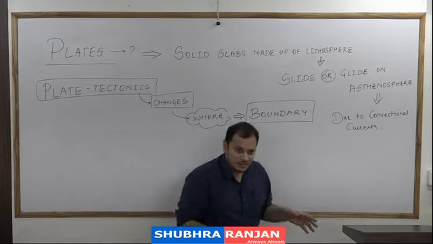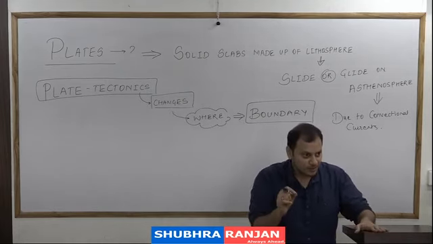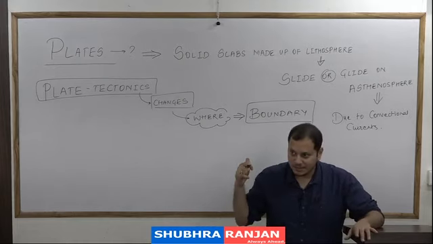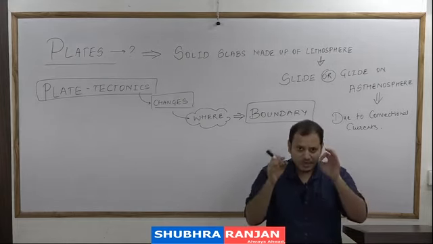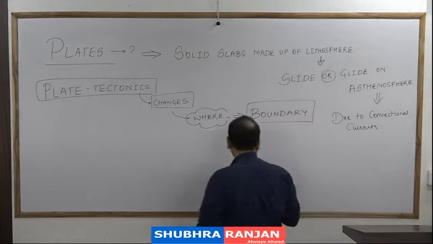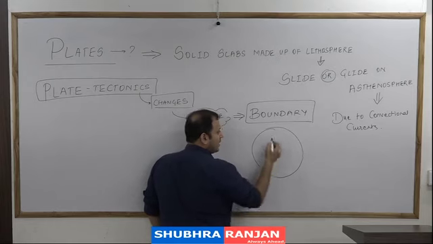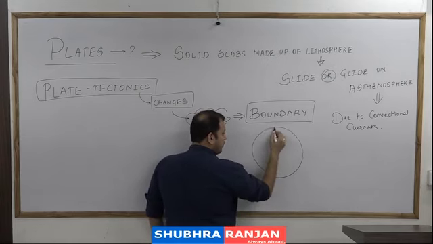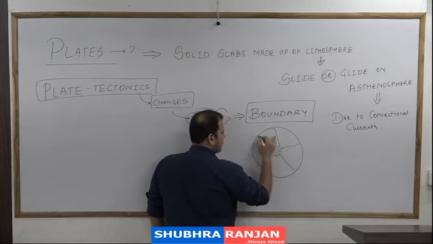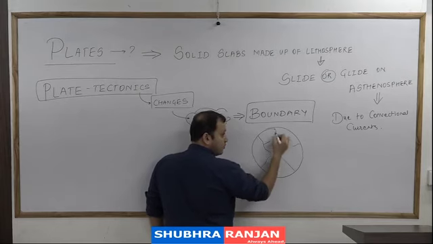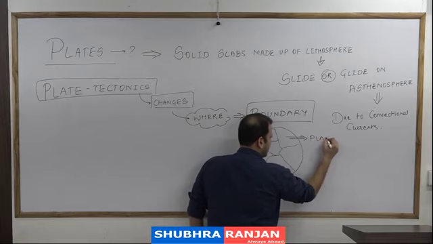Why are they broken into cracks? Because of the part where the oceanic crust is broken. Why is it broken? Yesterday's sea floor spreading. So where the oceanic crust is broken, it has resulted in the formation of cracks. So actually if you take the top view of the earth, it is broken into different slabs. And this is the boundary of one slab, and we will call each of the slabs a plate.